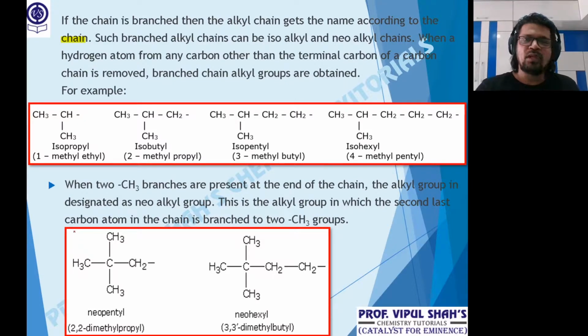So remember, suppose I have tert butyl. So tert butyl, we know there's one C and there are 3 methyl. So that C will be attached to the main chain. So you number from that part from where the branching starts. Till now you were doing the longest continuous chain. Now it is not the longest continuous chain. It is from where the branching starts.